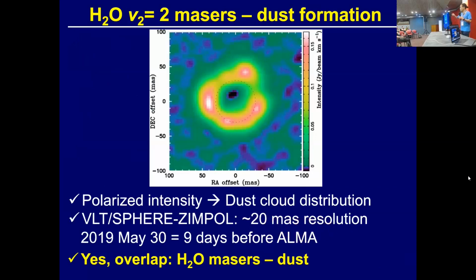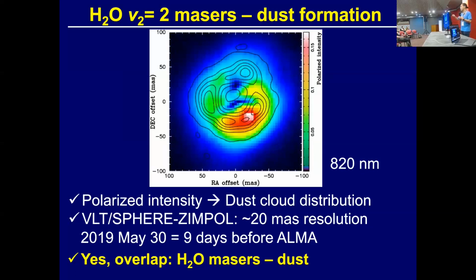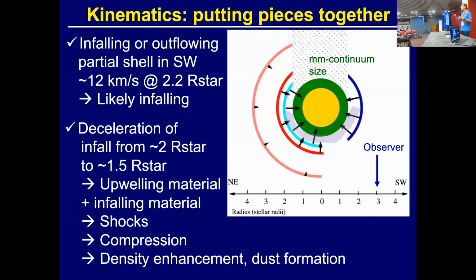And then we overlap. So this is the integrated intensity map of water masers, and this is the polarized intensity map taken at 820 nanometers in visible light. Now the contours are the water masers, and we can see a good overlap. For example, here we see the dust formation and masers in the west, and then there is a thing sticking out to the north. We see good agreement. So the answer is yes, both water masers and dust are tracing cool and dense pockets, probably a consequence of convection. Okay, I skipped this slide.